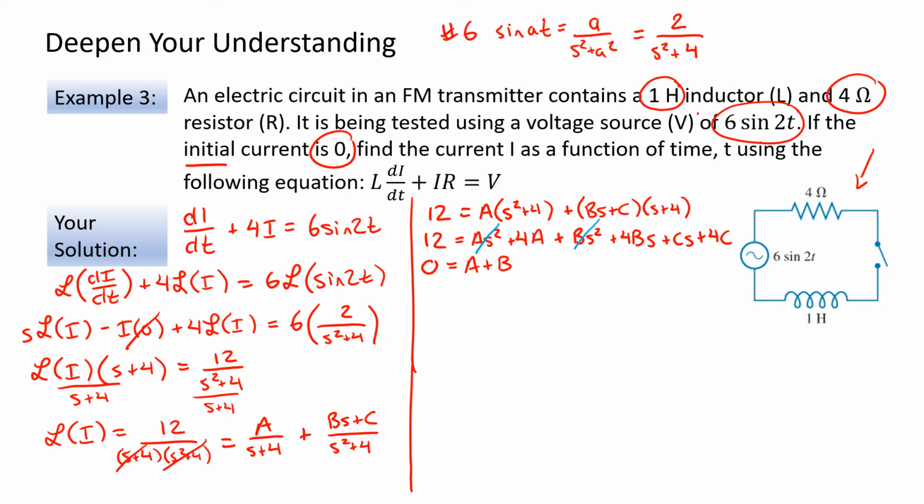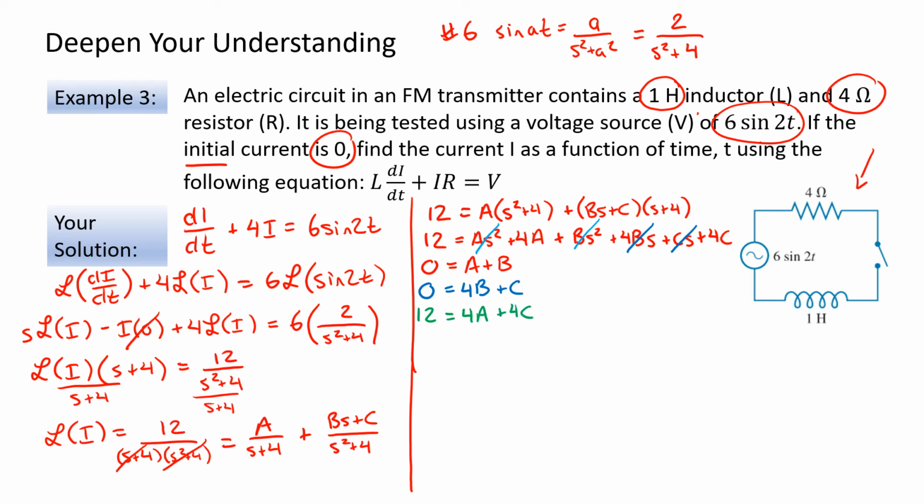For the second equation, I'll also do the equations in colors so we can see them a little better. For the second equation, we have terms with s. So on the left-hand side, we have 0 once again. On the right-hand side, we have 4b plus c. Our third equation, we have constants. So on the left-hand side, we have the constant of 12. On the right-hand side, we have 4a